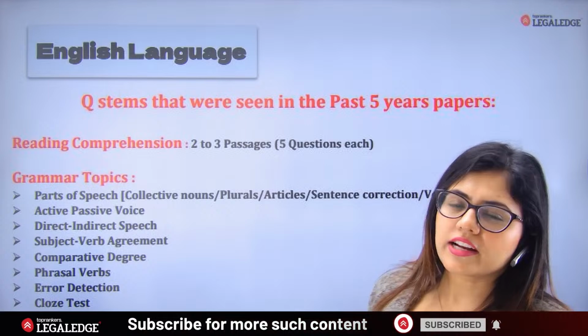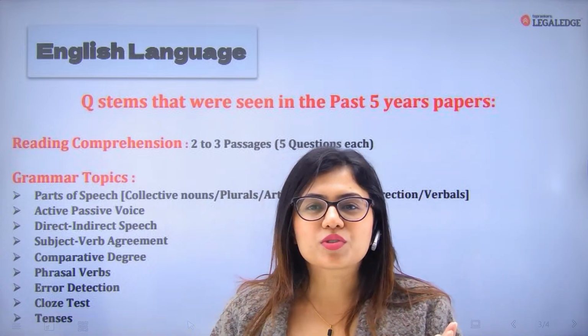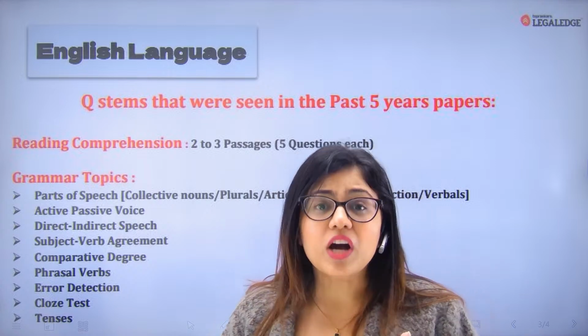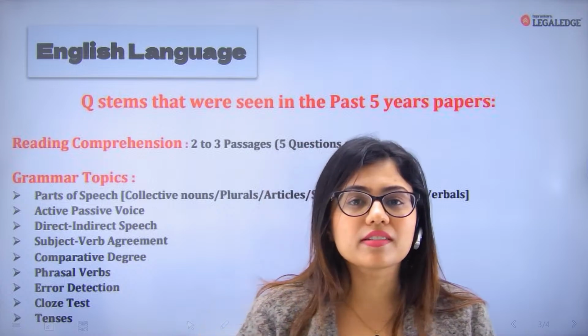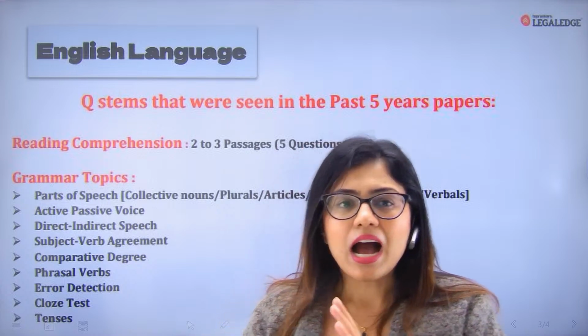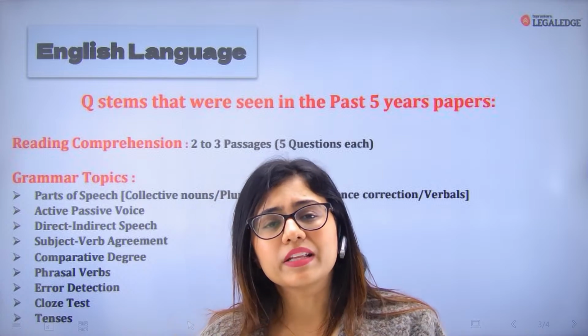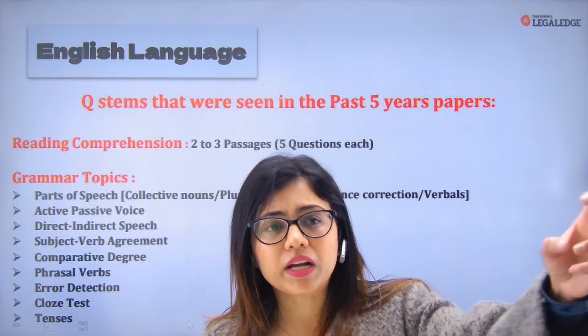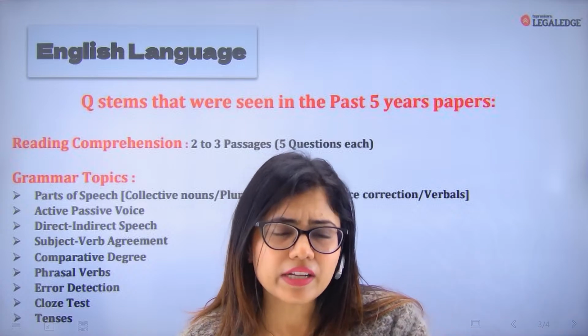ठीक है, तो डायरेक्ट इनडायरेक्ट स्पीच में भी you are supposed to remove the inverted commas, then you are supposed to change the pronoun according to the subject. All of those things have to be taken care of when you're converting a sentence from direct to indirect speech. Again, they can ask this question in different formats. Probably they'll give you a reading comprehension passage, pick up a sentence from that passage, and then ask you to change it into indirect speech.